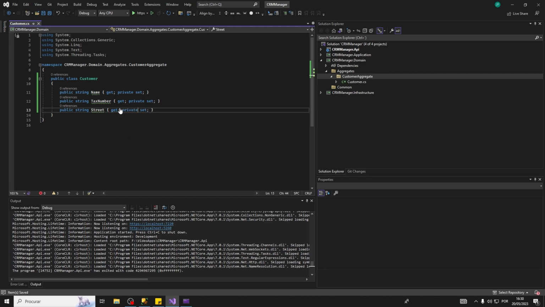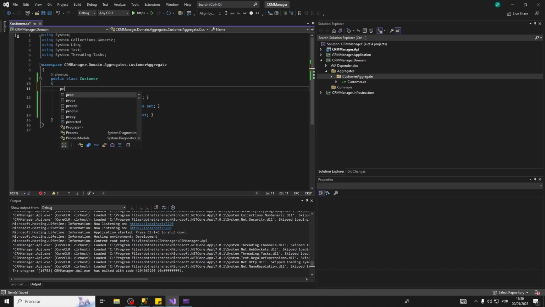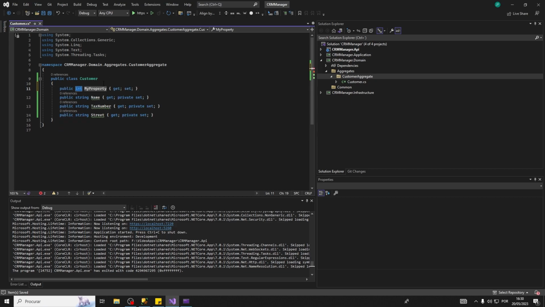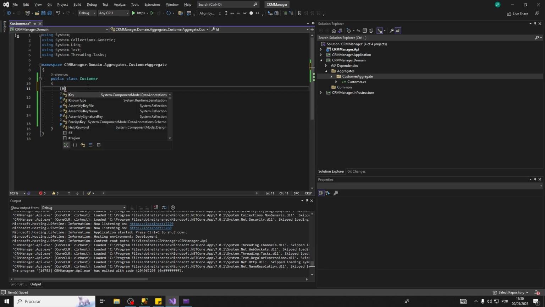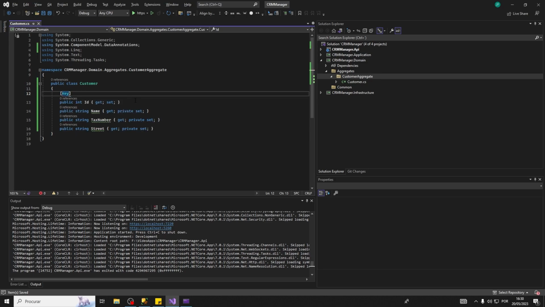Perfect. You guys might wonder why I haven't set my ID for my customer. If you come from a background of using a lot of Entity Framework like me, for example, I'll probably do this: prop int Id with a key, and set my ID directly like this. It's not wrong,